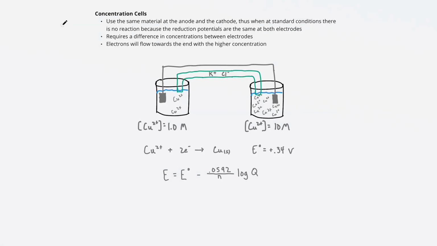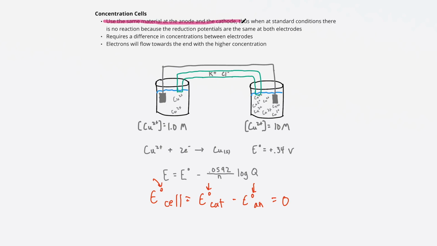The last thing we have are concentration cells, and these are really unique because the same material is used for the anode and the cathode. So if you remember that equation, E cell equals the reduction potential of the cathode minus the reduction potential of the anode, we would end up with a value of 0 for concentration cells because it's the same value for the cathode and the anode because it's the same chemical. But remember, because of this naught sign, that means those are the values at the standard conditions. And for a concentration cell, we are not at standard conditions. In fact, that is the definition of a concentration cell, is that we have these different concentrations of this same